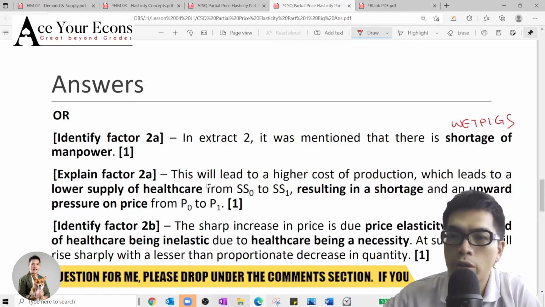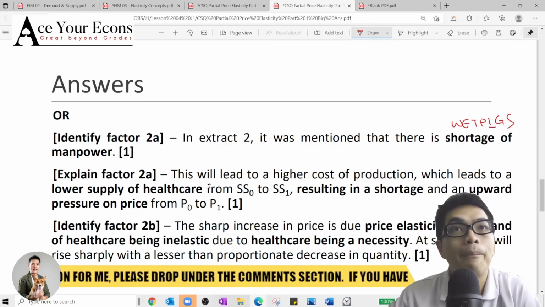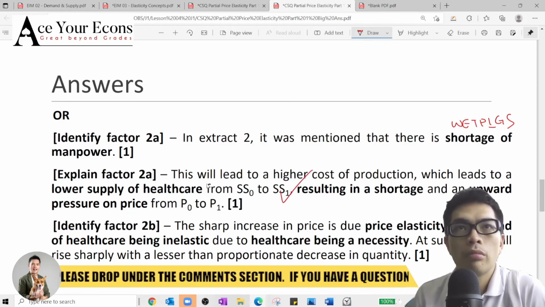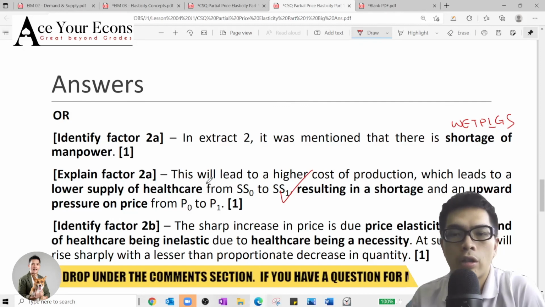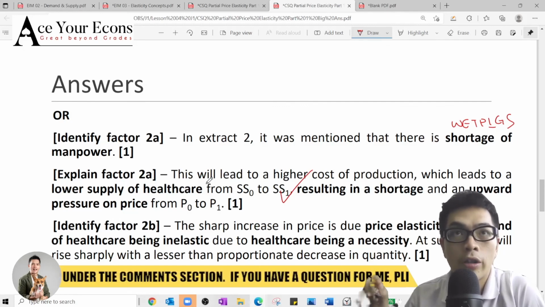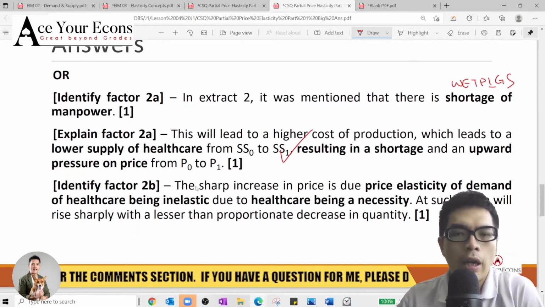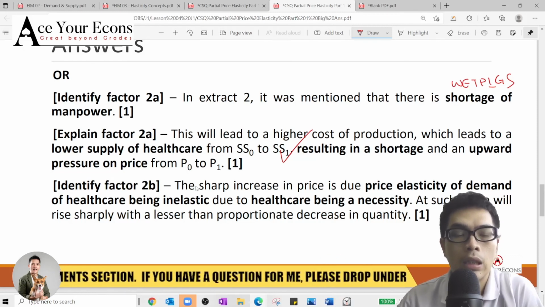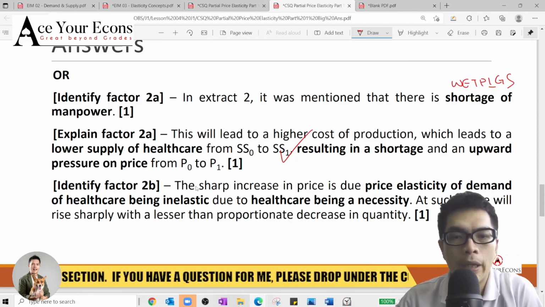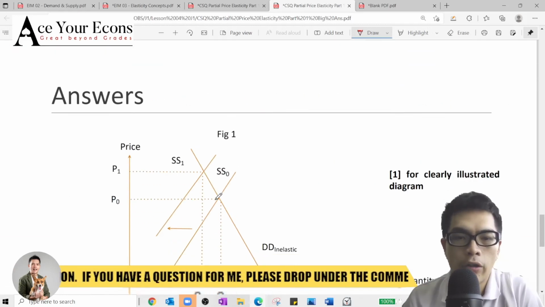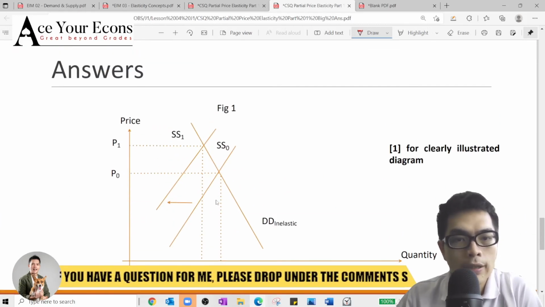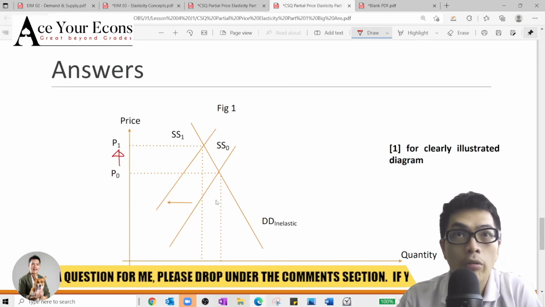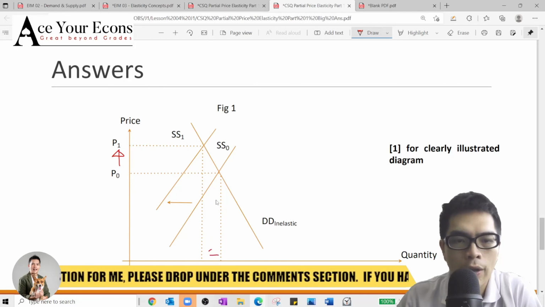So this can be perceived as a WET PEKS factor. Manpower shortage, right? So input price will go up because of higher production costs. Labor shortage will lead to higher production costs, higher wage costs, and an upward pressure on price. And like what Elijah has mentioned, combine this with PED being inelastic, due to the nature of healthcare being a necessity. Then you can see here: fall in supply, demand being inelastic,